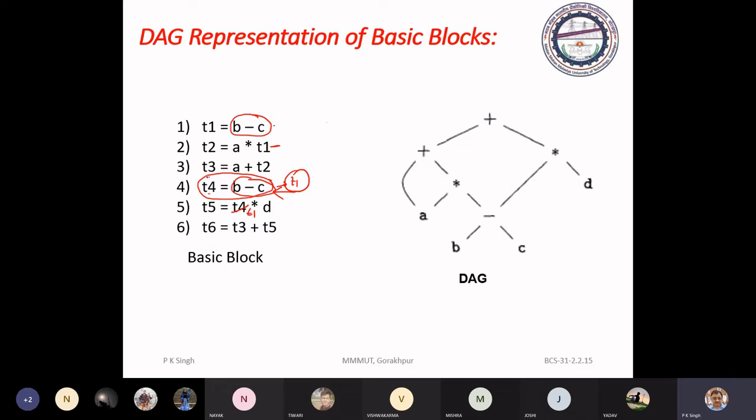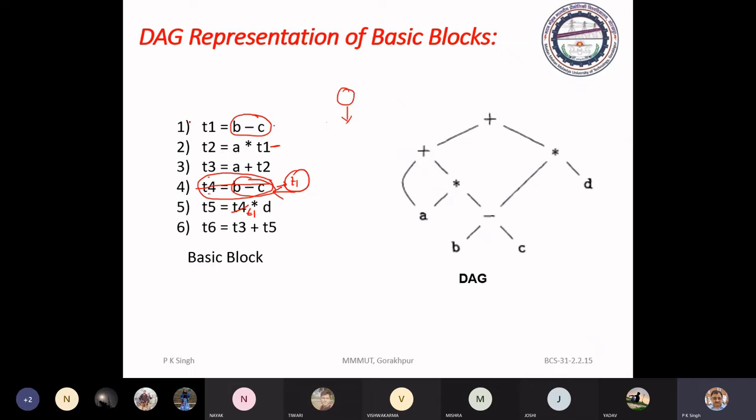So it will become dead code. If you are computing a certain value and that value is not being used, that is called dead code. There is no need to keep that computation in the code, and you can easily drop it.